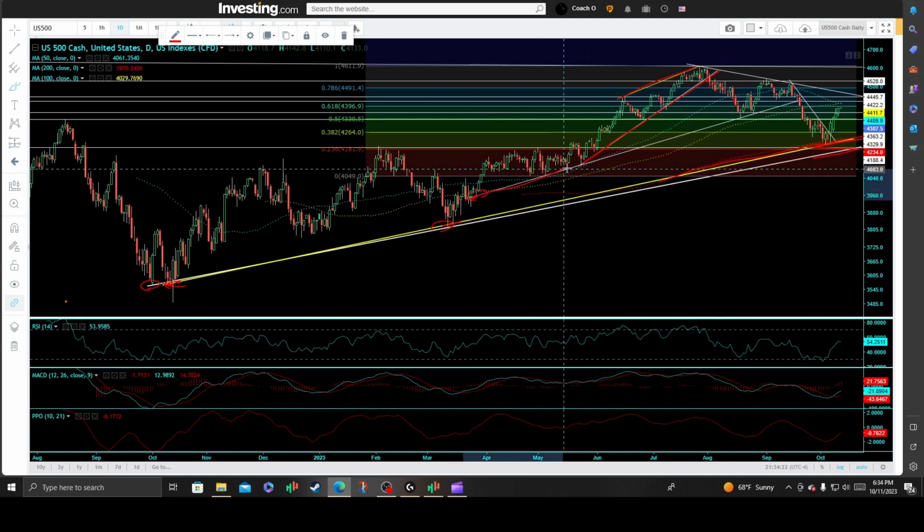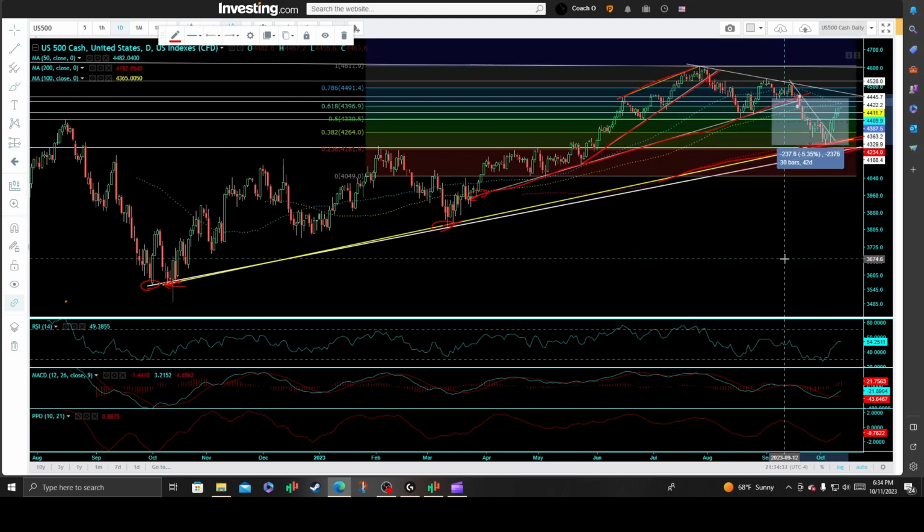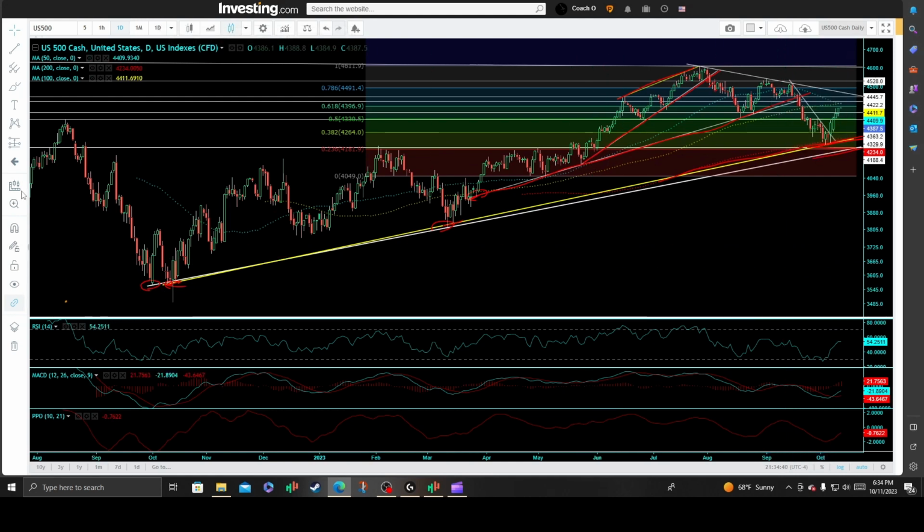We had this primary reactionary uptrend line, and I issued a sell signal once we broke down below it, offering a great risk reward ratio breakdown sell signal move to the downside, and that was geared. Retesting the 200-day moving average was good for a 5.3% crash move to the downside, and then ultimately reflecting, taking out this primary slanted downtrend line here on Friday with a big move of just huge funds moving in,